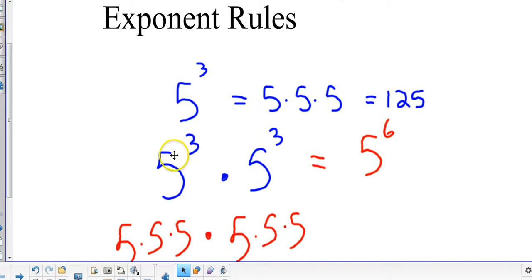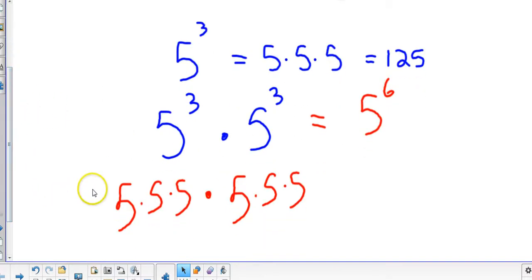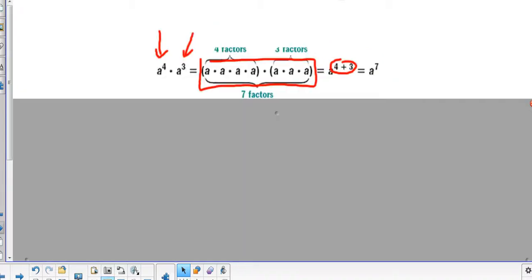So it does appear that when I'm multiplying and the bases are alike, I can total the exponents. I don't want to say necessarily add, but it's really coming up with a total number of factors. So there is this rule, right? If we have like bases,